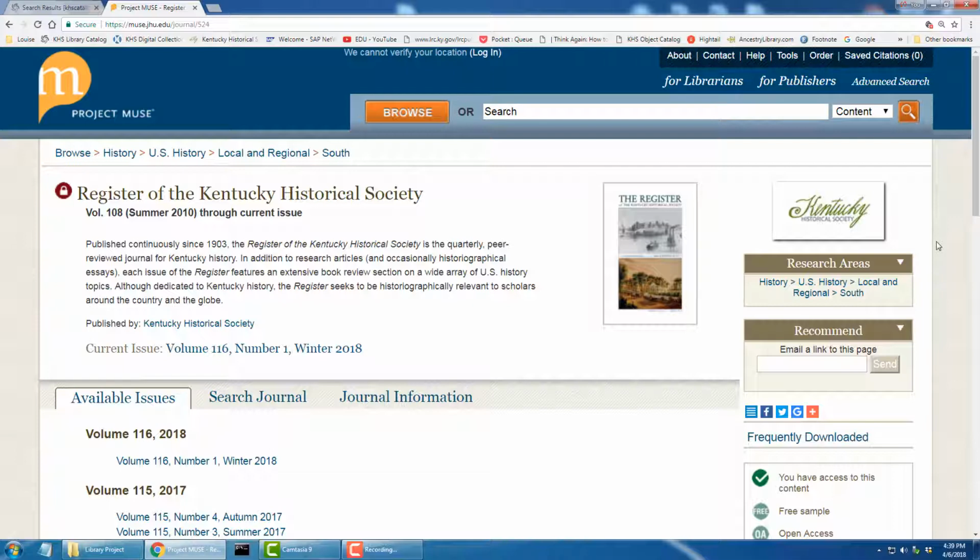And the reason that's really important for genealogists is because the earliest years of the register's publication, they were devoted to more of a family component. They did a lot of genealogical research in those articles, whereas today it's more of a scholarly journal. So you still can find some family information in there, but actually you're going to find more family information in the older issues. And again, to access those earlier issues, in fact, those back issues through 2009, full text searchable,